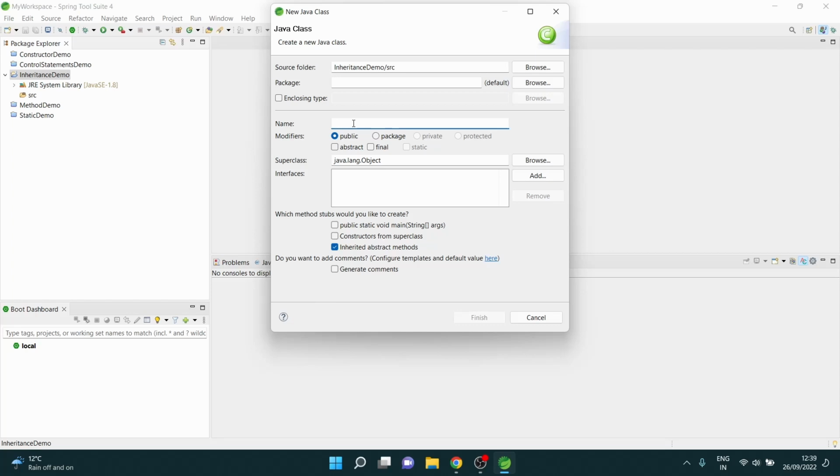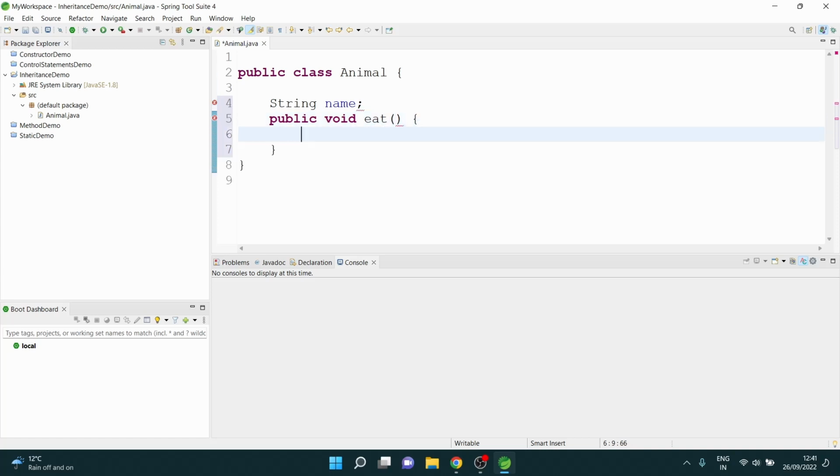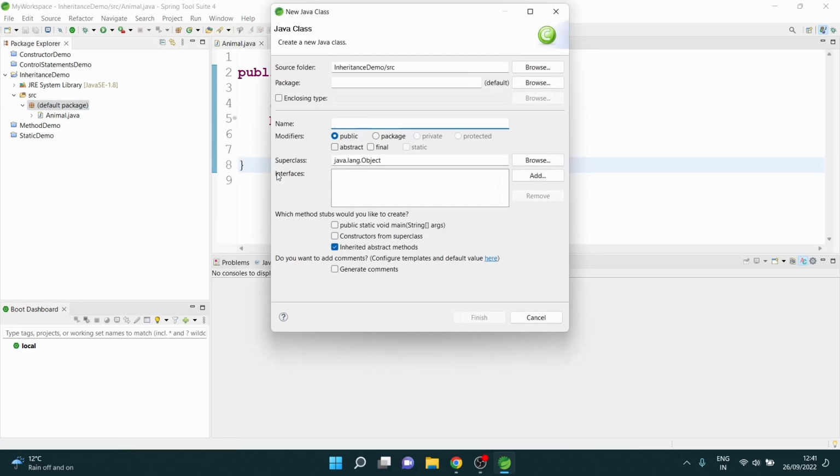And so let's say we have a class called Animal. The Animal class will have its own members. I will have one variable here as name and one method called public void eat, which prints that the animal can eat. Okay, so that's it, and we'll create one child class called Cat,